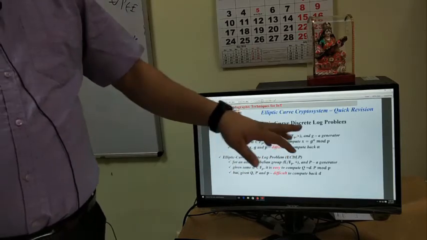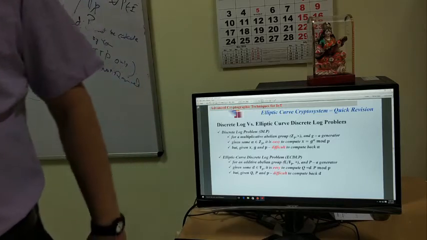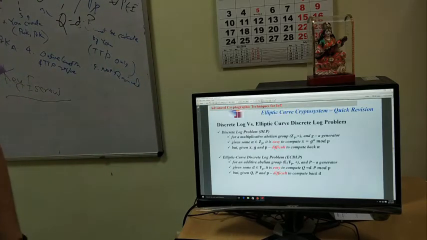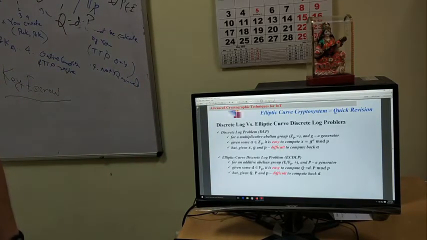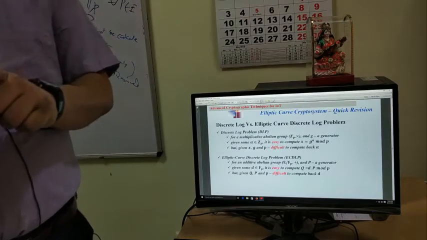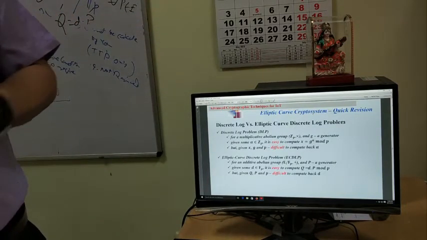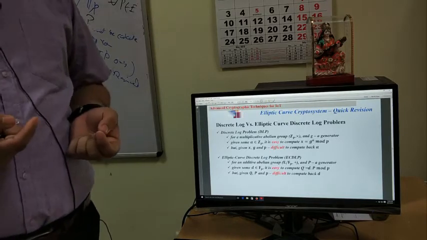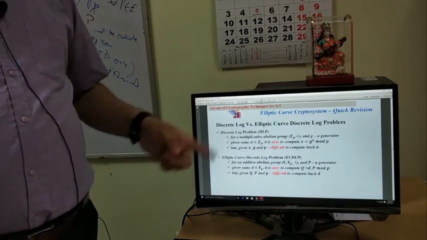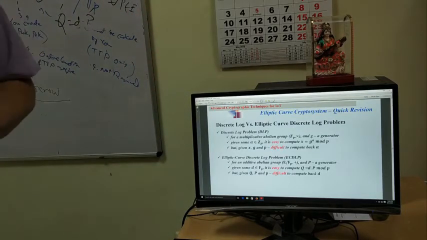We have another property, these are called groups. When another property is satisfied by the group, it is called an abelian group. That is commutativity: a dot b is equal to b dot a. That is called commutativity. Understood? So P plus Q in an elliptic curve is equal to Q plus P, because you join the two points with the same straight line. So it is also commutative. So, abelian group. The elliptic curve is an abelian additive group.